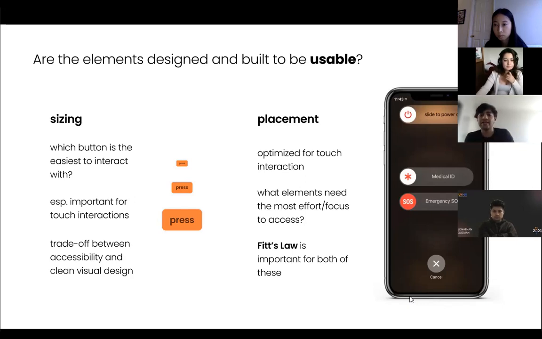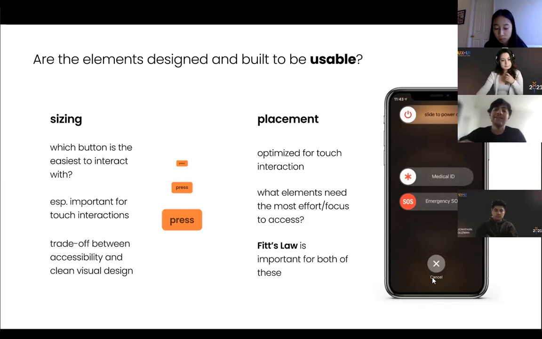So this is really highlighted in the power off screen that most iPhones have, where cancel is usually the easiest thing to tap onto. And we make sure that if the user really wants to power something off and they're not just doing so on autopilot, they have to make that extra reach or that extra stretch in order to slide to power it off. So that extra piece of effort conveys intentionality,